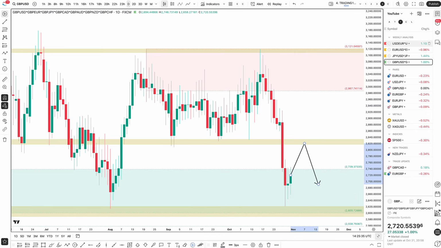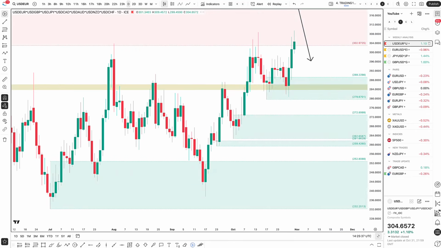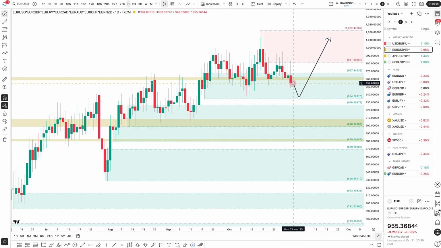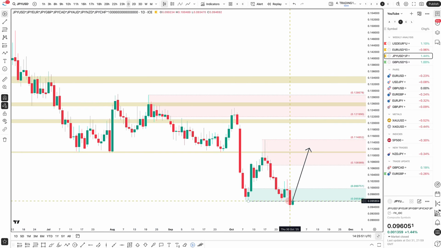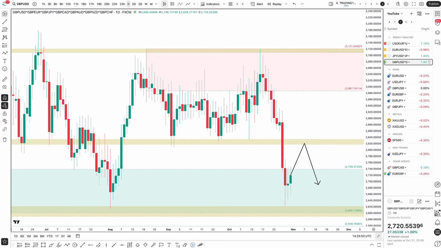So going back and just recapping, for me, the pound is a sell. If you do want to be a buyer, though, you'd have to wait for the pound to pull back into a demand zone before going long. The euro is more of a buy, and so we've pulled back here. So I think the euro should be more of a buy. The yen is more on the buy side as well, and the pound is on the sell side.